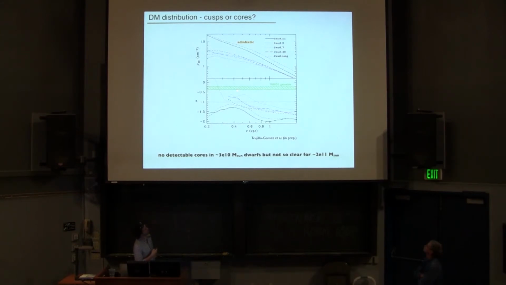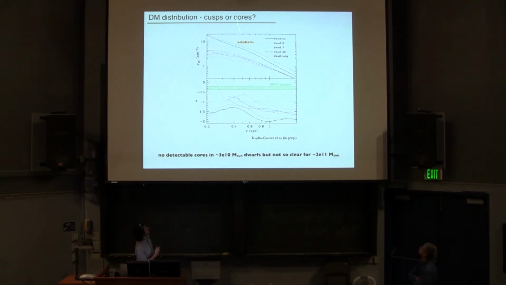And lastly, the last point that I wanted to make is the density profiles of the dwarfs. It seems, in agreement with Jose and Phil Hopkins' work, that we don't see cores in our galaxies, even though the feedback is very strong and the star formation rate seems to be very spiky, very bursty. We don't see cores.